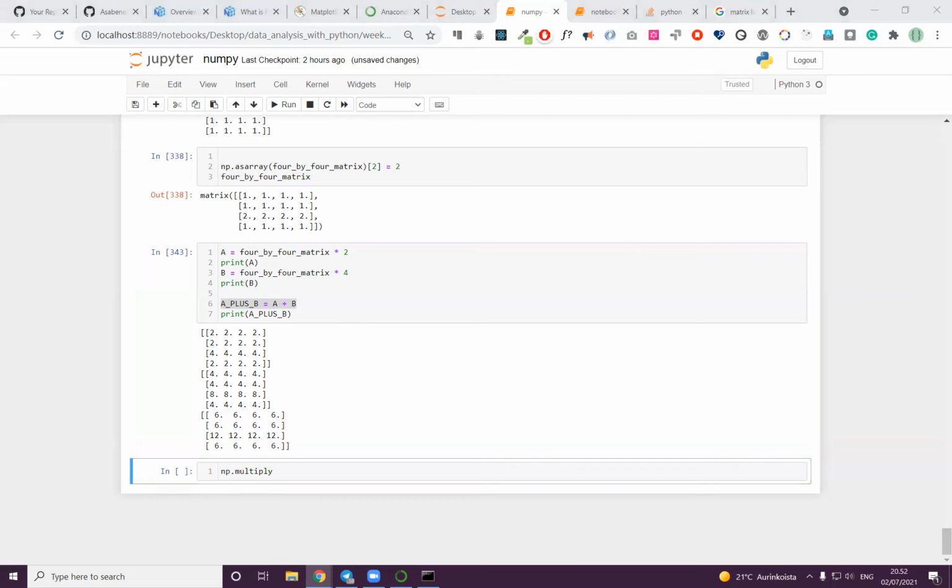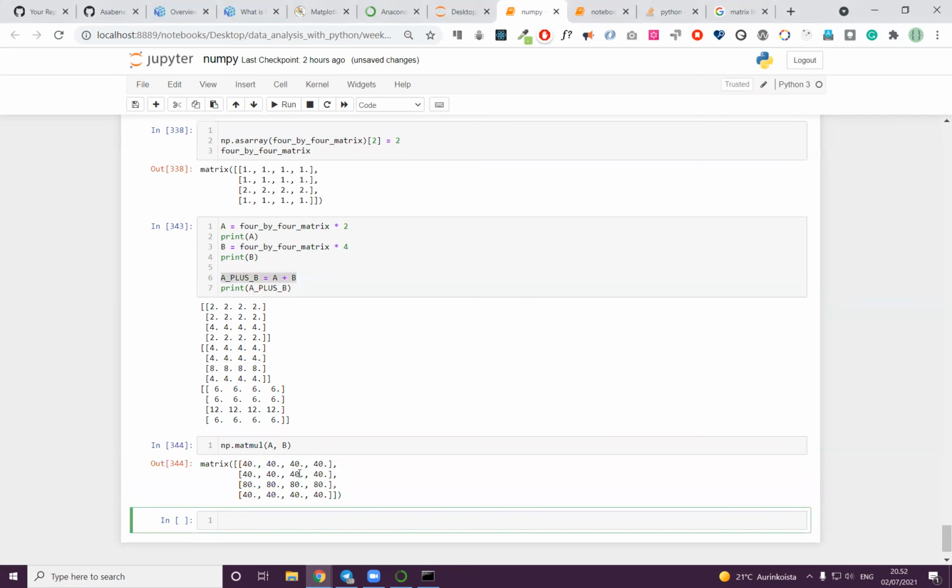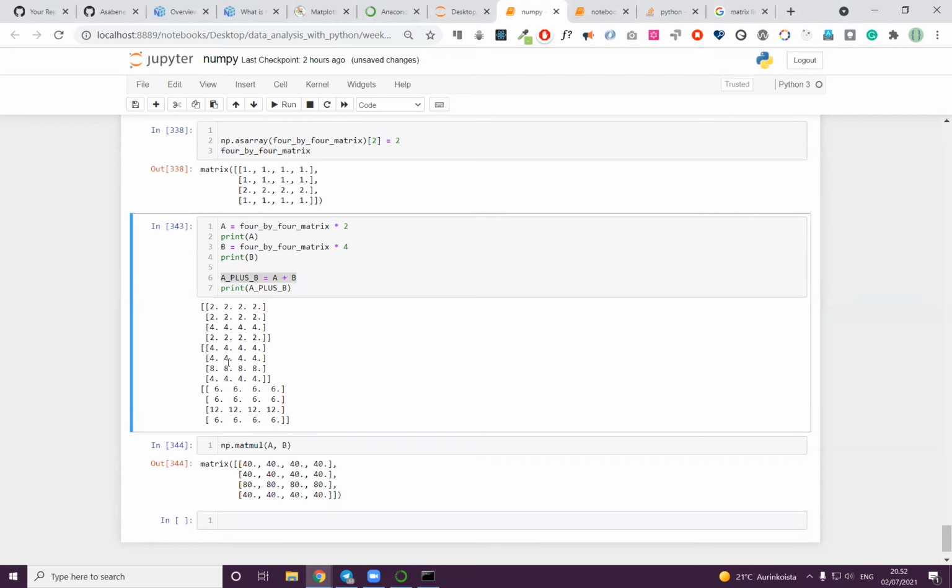Matrix multiplication in NumPy: dot, matrix multiply. I have to just check matmul. Yes, I think I go for that. NumPy matmul, and then I can pass A and B, and this is the product of this by this. And then if you want the transpose of this again after, actually you can do, let me see from my notes,